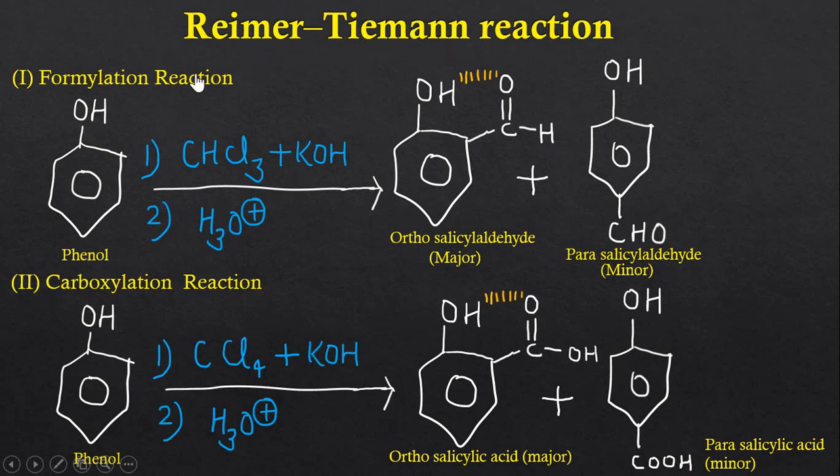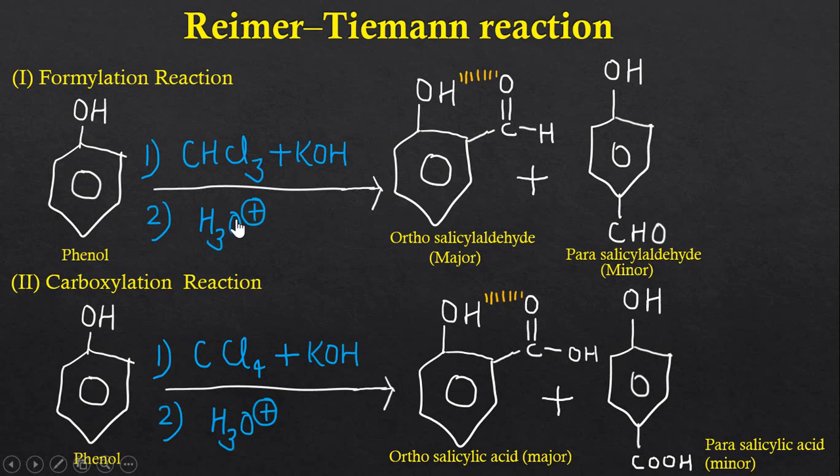This reaction is studied in two ways. One is formylation reaction and another one is carboxylation reaction. We will talk about the formylation reaction first. In this formylation reaction, phenol is converted into ortho salicylaldehyde and para salicylaldehyde in the presence of CHCl3, which is known as chloroform, and potassium hydroxide, and reaction is followed